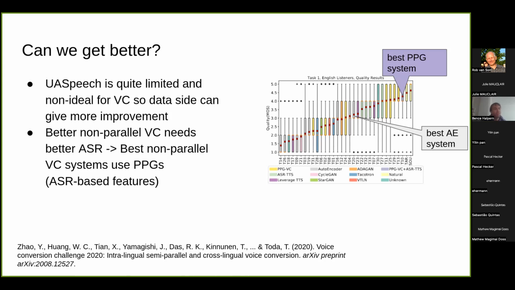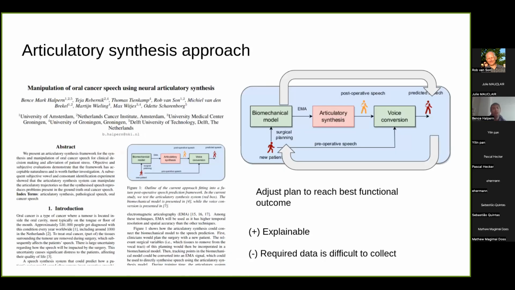So that's what I wanted to say regarding the results in this paper. And now I want to show the second approach that we tried, which is the articulatory synthesis approach. So what's the problem with voice conversion approaches? Generally, in a clinical environment, what we would prefer is having something a bit more explainable. The idea is that, for example, with an articulatory synthesis model, which could take some biophysical variables of the articulation and create speech, we could